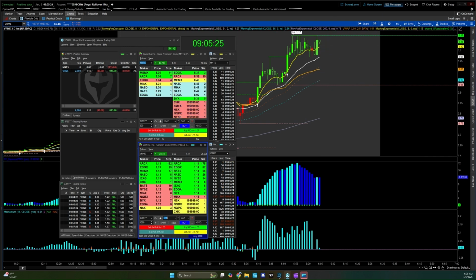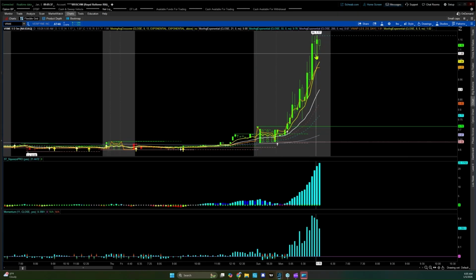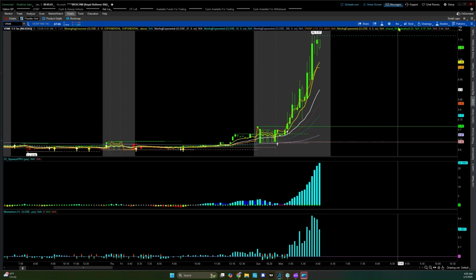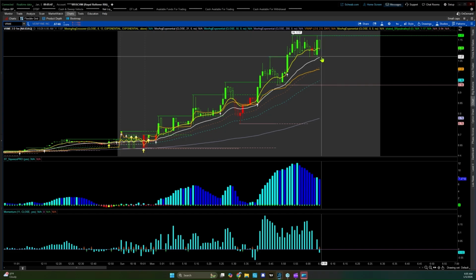A new 5-minute candle just started, so pretty good bottoming tails on the prior 5. We'll switch to that so you can see that here on this other 5-minute real fast. There's kind of bottoming tails. This 5-minute candle just opened. We'd look for this, ideally, to move higher at this point. Let's go back to our 1-minute. I know for sure,